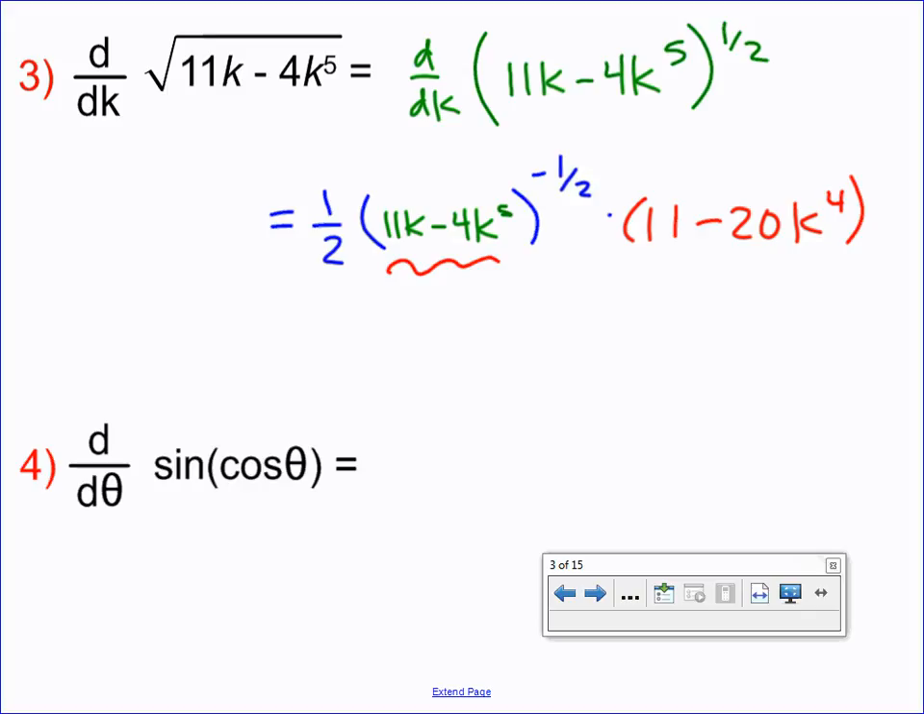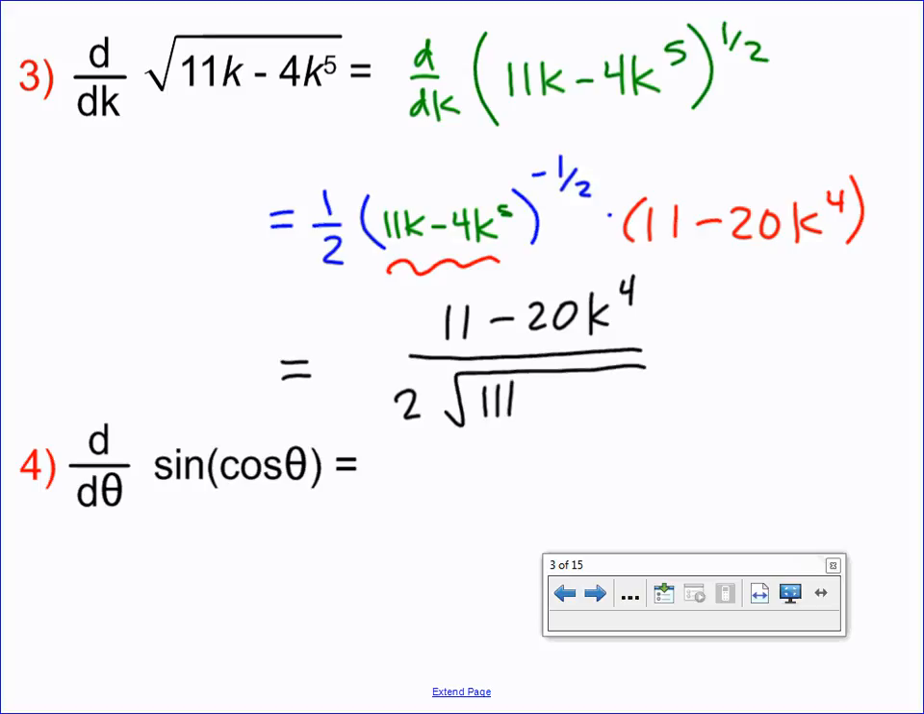Everybody see it? A quick regroup, and I can rewrite this as positive exponents and change the fractional exponent back into a radical. I know a negative exponent doesn't mean negative answer, it means reciprocal. So this would be 1 over quantity to the positive 1/2, and we know from the beginning that a 1/2 exponent is synonymous with a square root. So let's put it all together. My final answer would be 11 minus 20k to the fourth all over, that 2 would jump down, radical for the 1/2 exponent on the bottom, and 11k minus 4k to the fifth